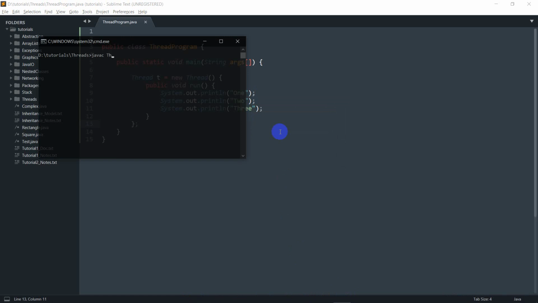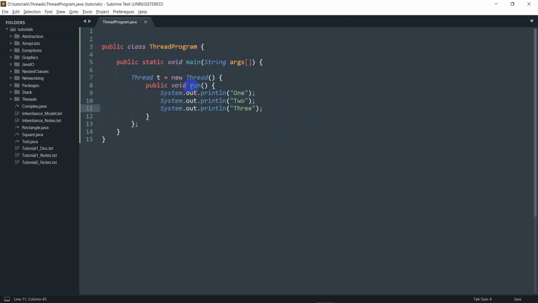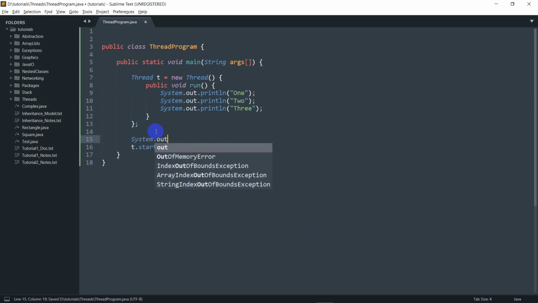So javac ThreadProgram.java, and let's just go ahead and compile it. Java ThreadProgram, and as you can see, nothing got printed, nothing really happened. And the reason is we have created this thread, but we never started this thread. So the way we do that is we do t.start, and once we do that,